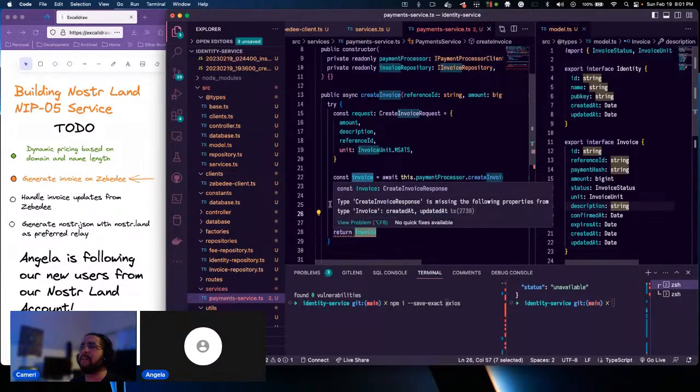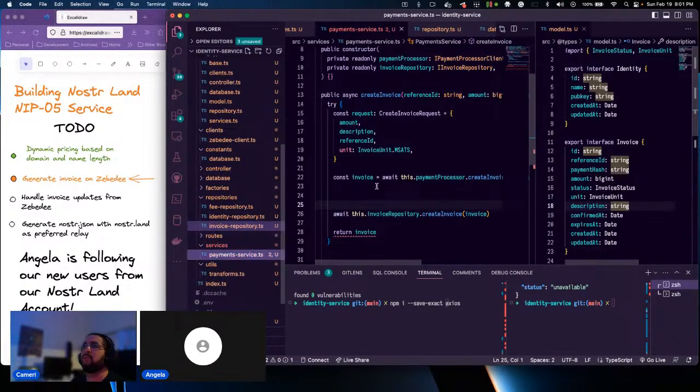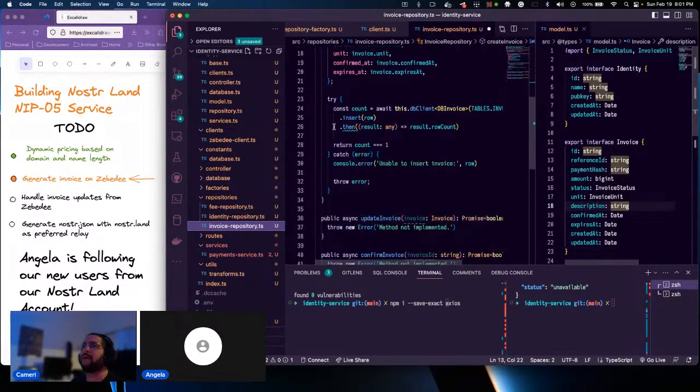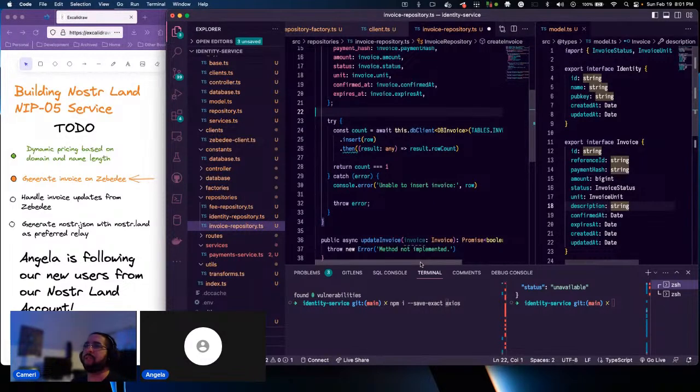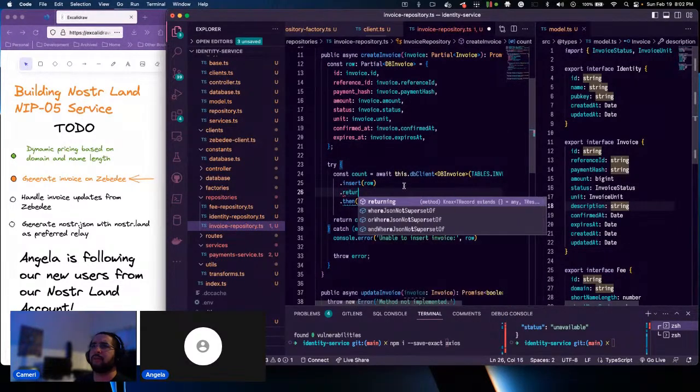It's okay. So because I create the invoice here on CBD, and then I save it to the database, but after I save it to the database, it has now a createdAt and updatedAt. So what I want the invoice repository to do is save it but return it back to me. However, if I do that, I need to map the fields back to an invoice, because what I'm gonna get back from the database is gonna be a DB invoice. So what I need to do here is change this so that I can say dot returning